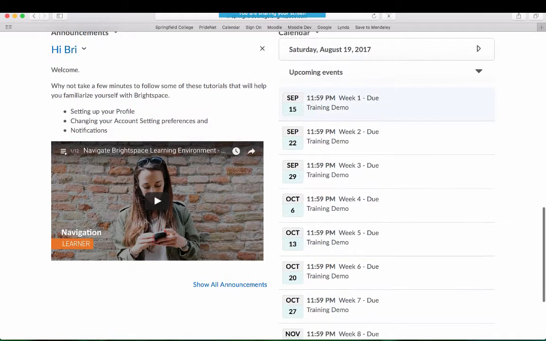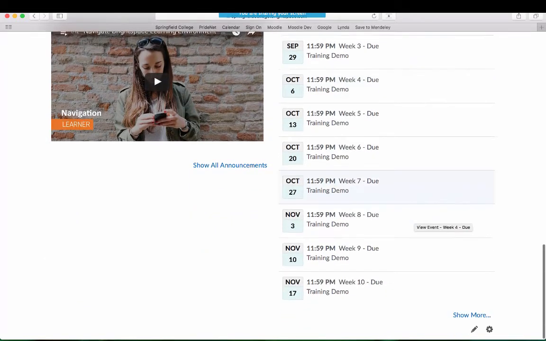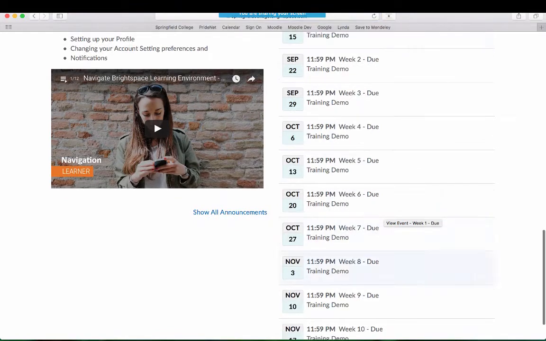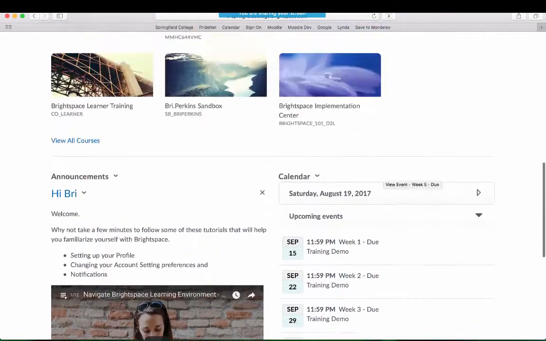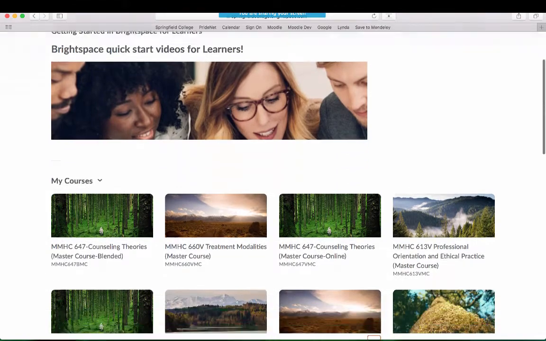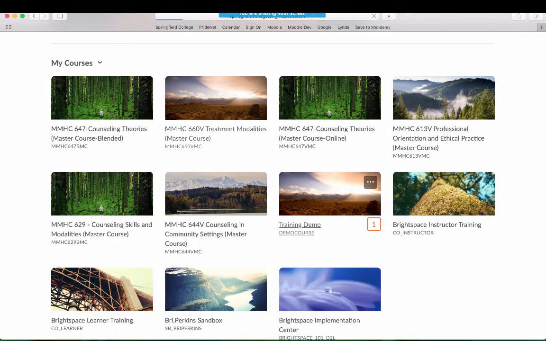On the right-hand side is your calendar. These are going to show upcoming due dates. So if you are a student or if you're enrolled in a course, you may see due dates like here where it says week 5 due. As I scroll back up here, we have what's called our Navbar at the top, and this is really how we navigate around. So if I was in a course, like if I scroll down here to training demo,